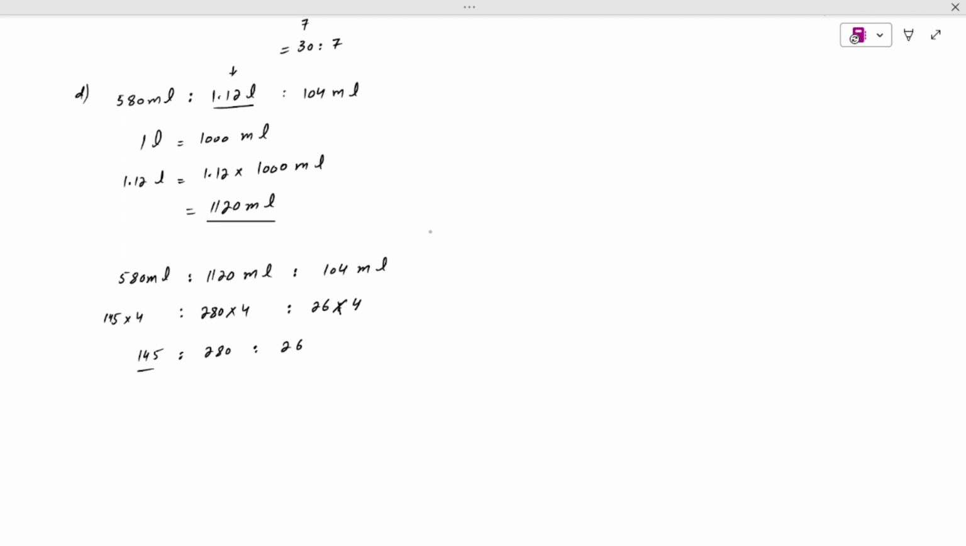So these three numbers are not divisible by any other number other than 1 at the same time. So this is the simplified form of this part D. Hence becomes the answer. Now we will solve the part E, and the part E is